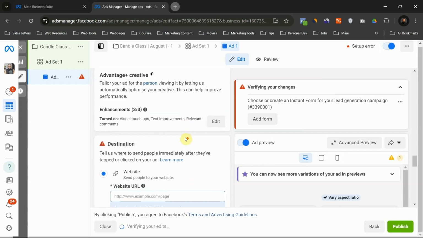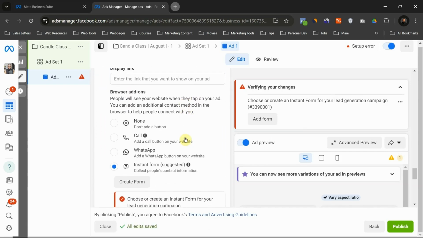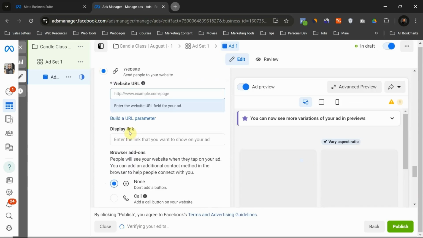Scroll down, click on none. This is where you are going to add your website. So I'm just going to add my website here.